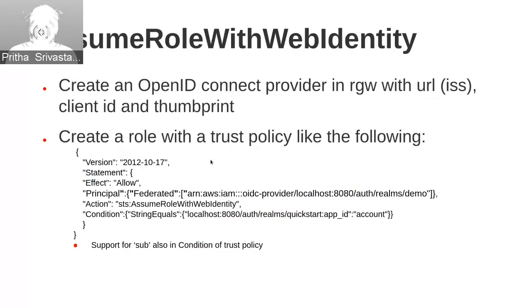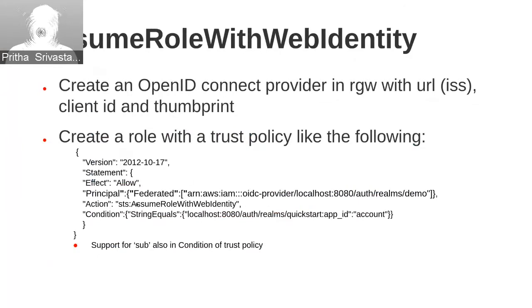The next step is to create a role with a trust policy, which looks like the example shown here, in which the principal is set to the ARN of the OpenID Connect provider, which was returned as part of the first step of creating the OpenID Connect provider in RGW.